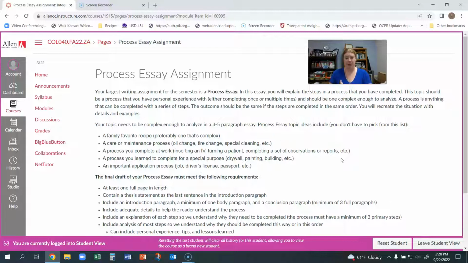I've gotten a lot of oil change and tire change type essays because that is a very specific set of steps that you need to take. I get a lot of essays that are written about a process where students complete it at work, something that they do pretty often, and so they have lots of experience with it. You might think about a process that you had to learn to complete for a specific purpose. So maybe you made a hole in the drywall of one of your rooms, and so you had to learn how to patch drywall, or maybe you had to